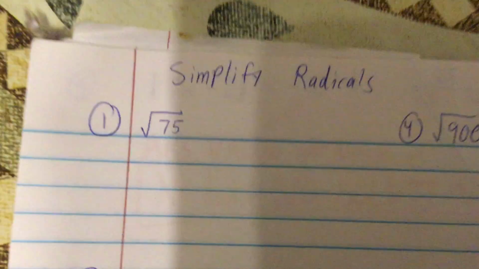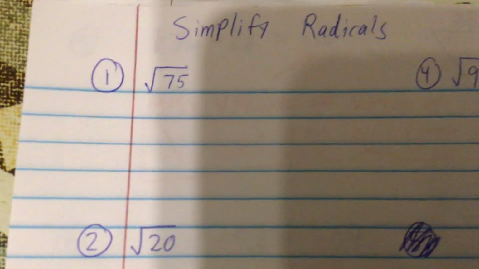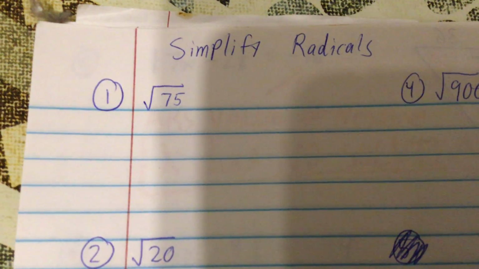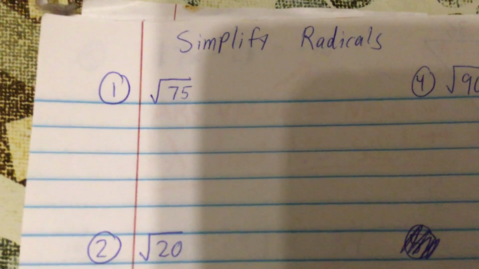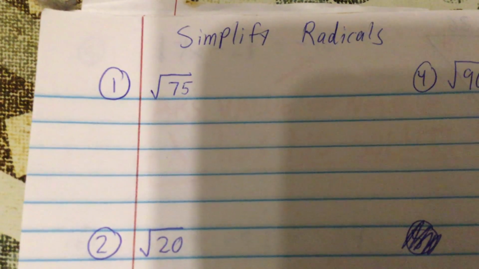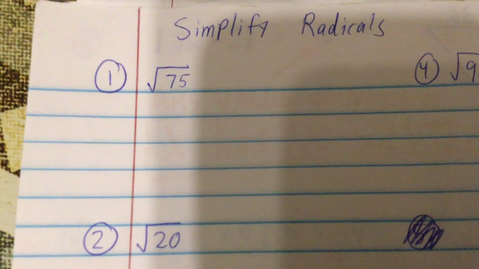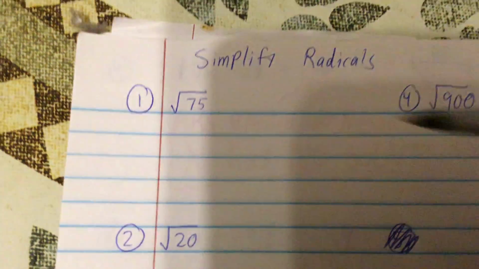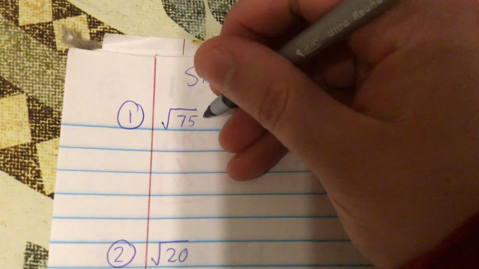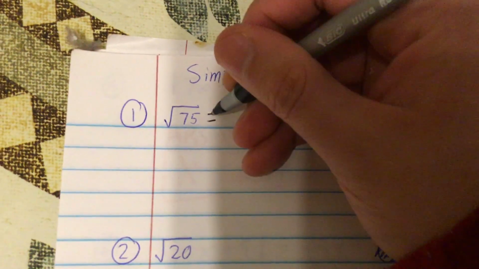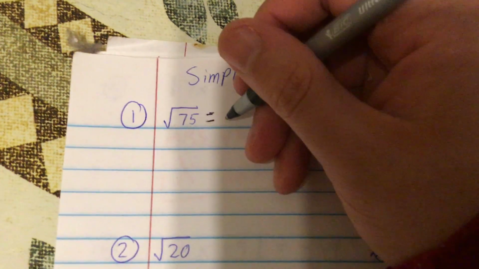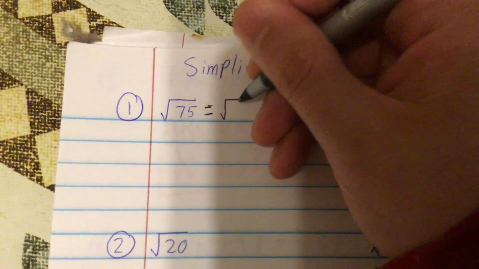Okay, so let's start off with the square root of 75. In other words, we're trying to simplify the radical by factoring, by breaking down 75 into its factors and pulling out the perfect squares. So let's make a multiplication problem that makes 75. When I think of 75, I think of quarters. So I know that I can factor out 25